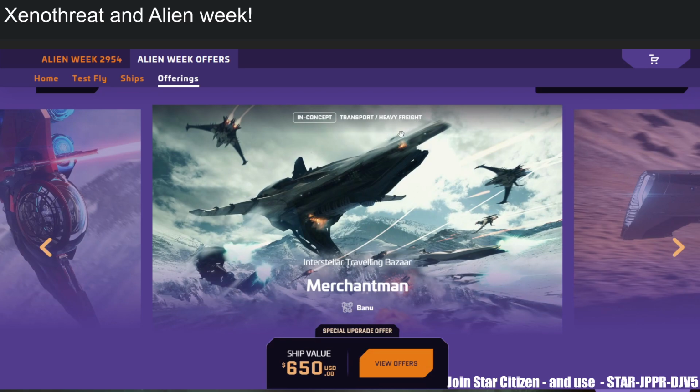This is a heavy freighter. Now, this is a special ship. It is technically the cheapest ship right now to have a bazaar. Right, that's only two ships, okay? The Merchantman and the Kraken Pioneer. Those are the only ones that have shops, and that's one of the main reasons why I put a little bit of money on the